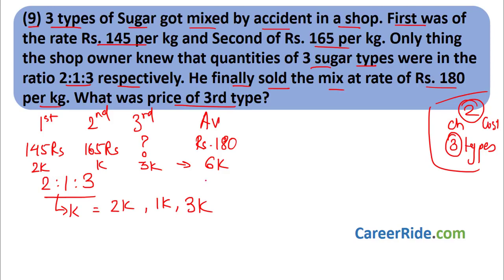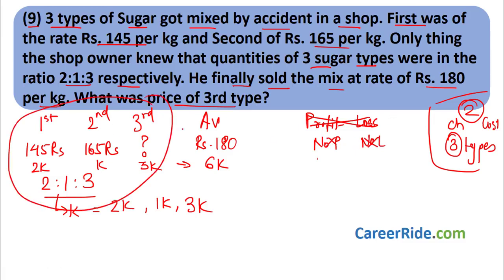They have not given if there is profit or loss or anything like that. In such cases, we should remember that if they have not given any profit or loss, we should always take this transaction as no profit, no loss, okay? That means equal. So whatever would be the price of these would be equal to the price of this, right?